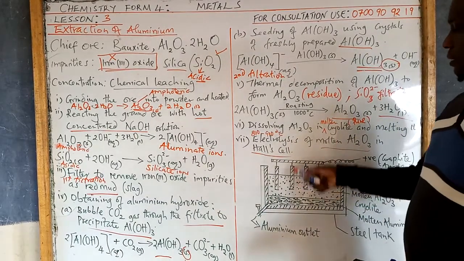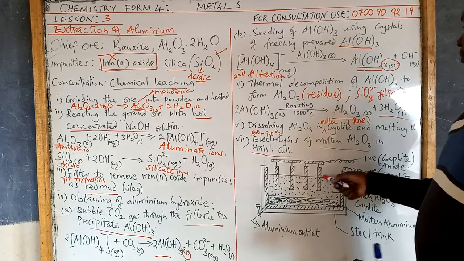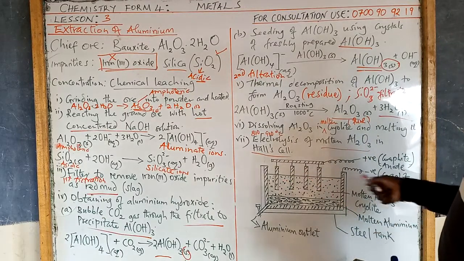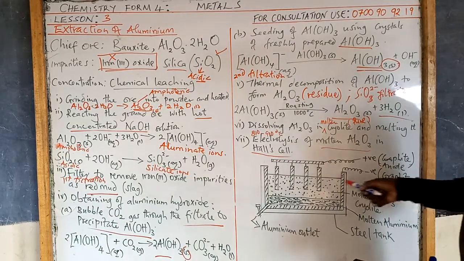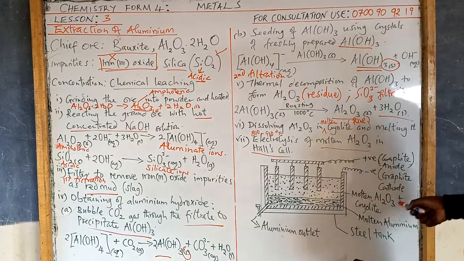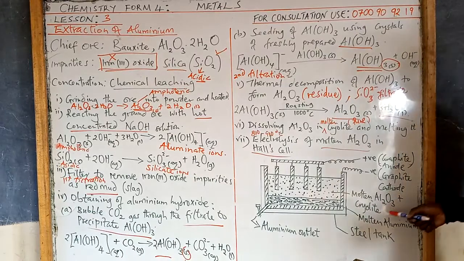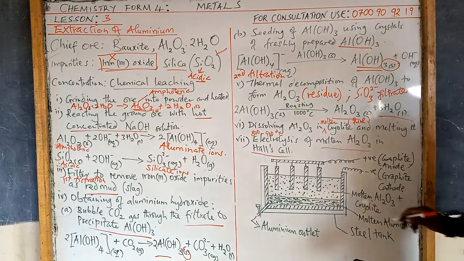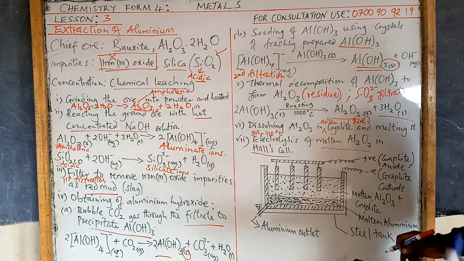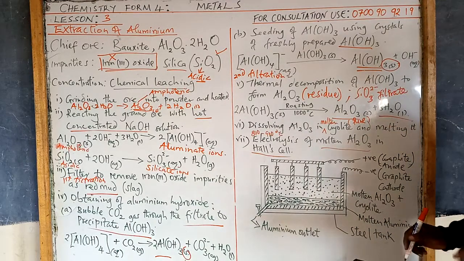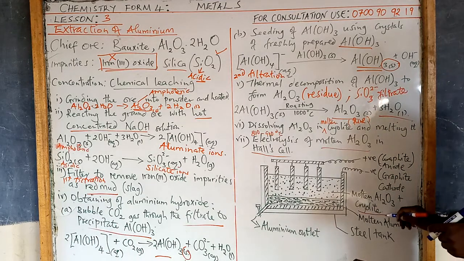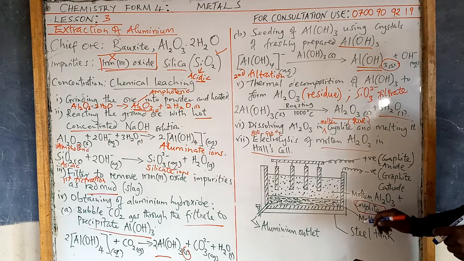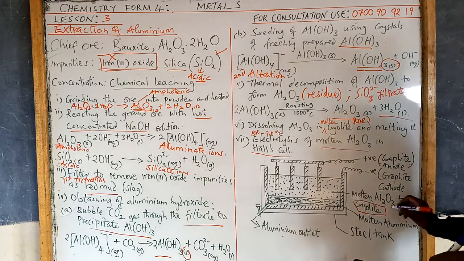Then we have rods, several rods dipped in. They are also made of graphite. They act as the anode. Then here you have now your mixture, which is molten aluminium oxide and cryolite. Now, why is cryolite added? Just like in extraction of sodium, where we have calcium chloride added, here in extraction of aluminium, cryolite is added to lower the melting point